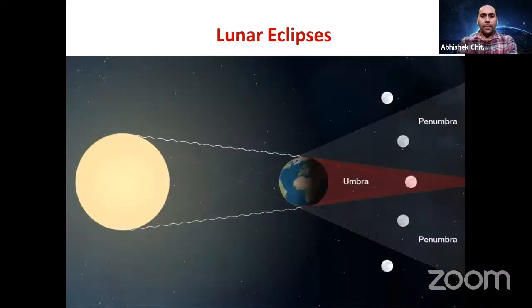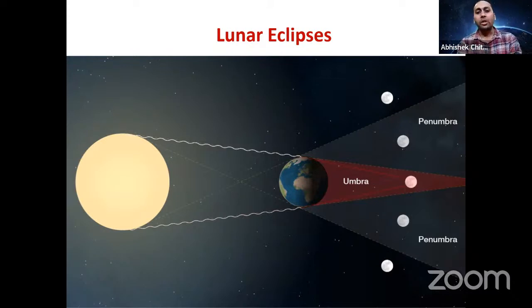So after solar eclipse, the second thing is lunar eclipse. So what is lunar eclipse? The concept is the same. We have two types of shadows: one is umbra, second is penumbra. But now, since this is a lunar eclipse, the moon is passing through the shadow of Earth, or the shadow of Earth is falling on the moon. So whenever the moon is entering into the penumbral region, frankly speaking, there is some drop in intensity, but